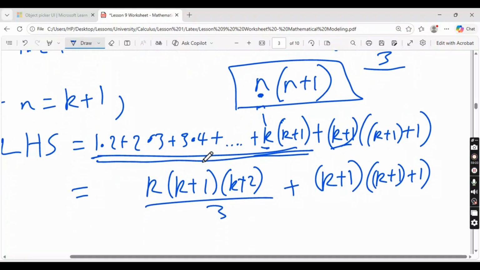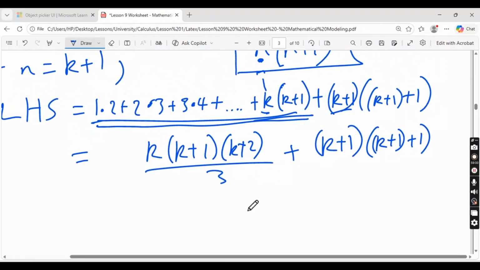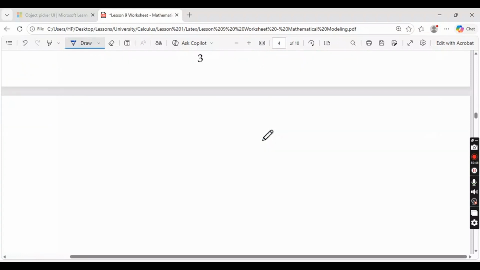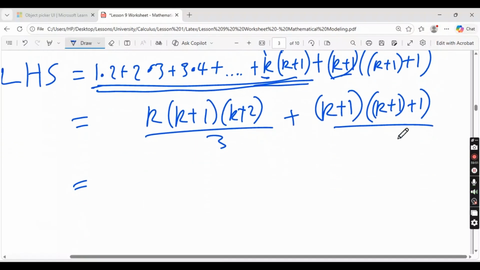Okay, so note that every time we'll be doing this. When we add n is equal to k plus 1, we'll be doing this. Okay, so let's simplify this side. This one becomes